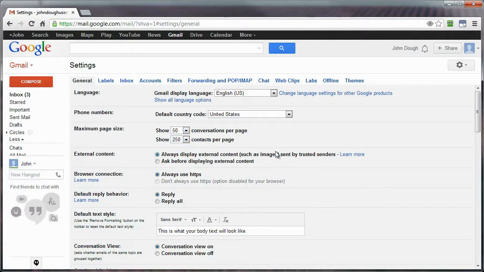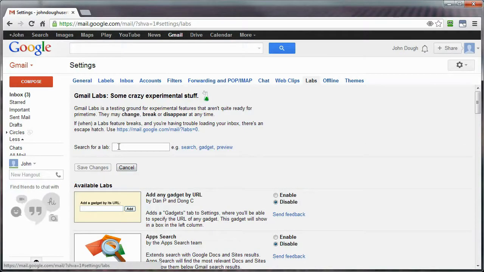Now, while I'm here, another customization you can make is your Hangouts and chats can be moved over to the right side with the use of a lab. And you would do that by coming up here to labs. Again, once you've gone into your settings area, by hitting that drop down arrow next to the gear icon in the top right corner, come on over here to labs, and you can search for the lab if you don't